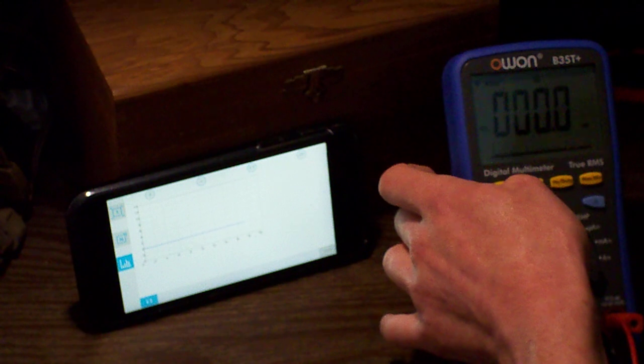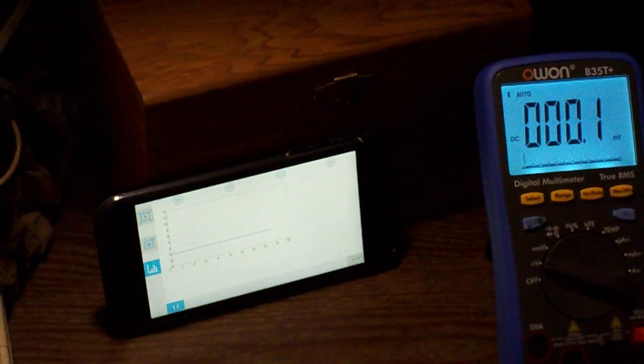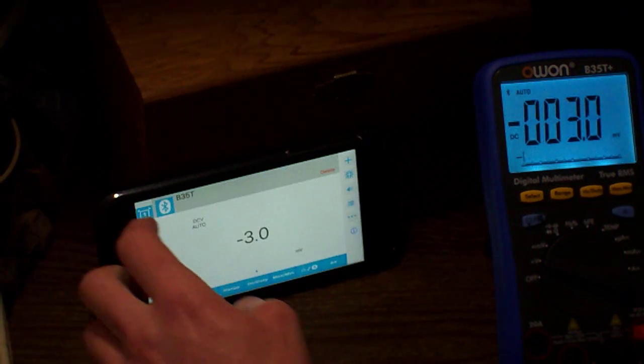Turn the backlight back on the meter. Now I'm hoping you'll be able to see that graph on the screen. I think you can. Hopefully you'll be able to see both the meter and the graph. Alright, so I am on DC volts now. So I'm going to go ahead and start spinning this motor, and you'll see it start to graph the reading. If my leads don't pop off here,